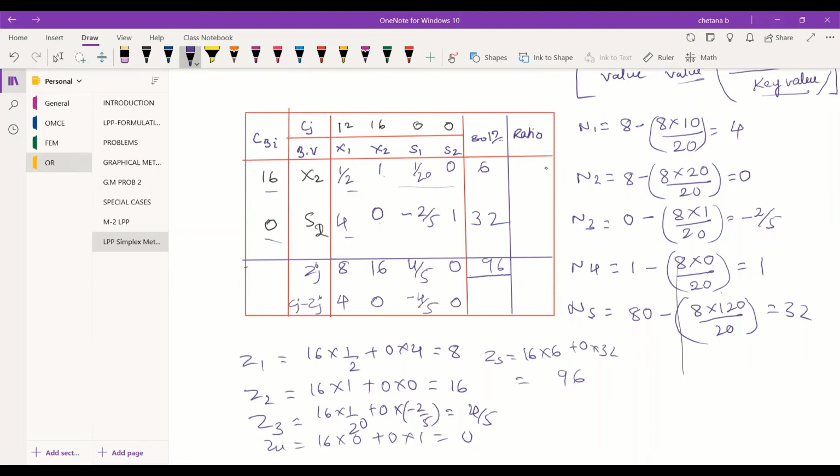Now, can you come to the conclusion that it is the optimal solution, or do we still have a positive term in the table? Yes, you have again a positive value, which is 4.